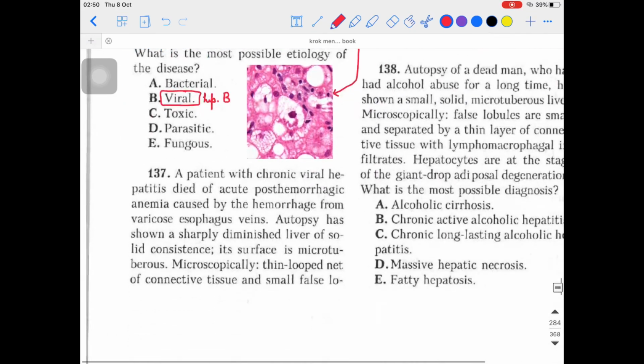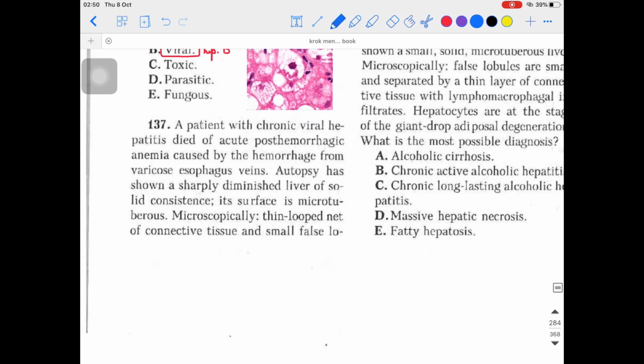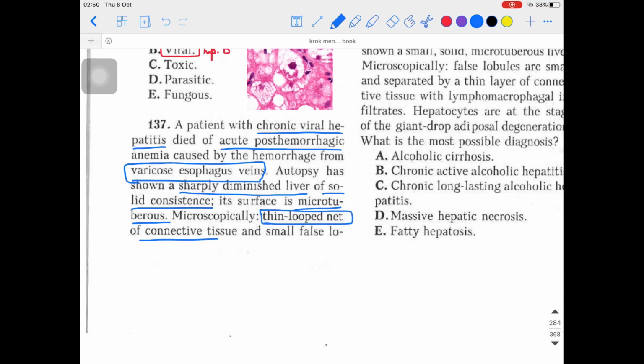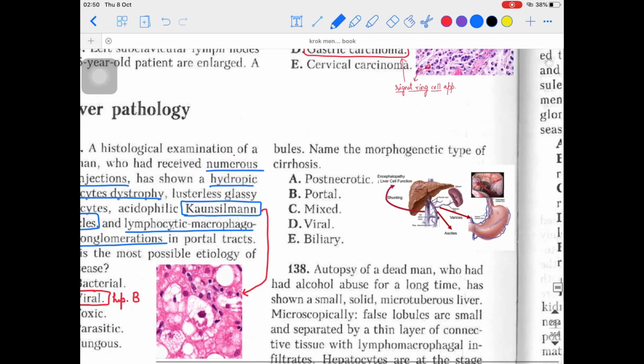Anyways, let's move further. Question number 137: a patient with chronic viral hepatitis died of acute post-hemorrhagic anemia caused by hemorrhage from the varicose esophageal veins. Autopsy has shown a sharply diminished liver, so the liver is getting smaller in size, and of solid consistency. The surface is microtuberous, and microscopically a thin loop net of connective tissue and small false lobules are seen. What is the name of the morphogenetic type of